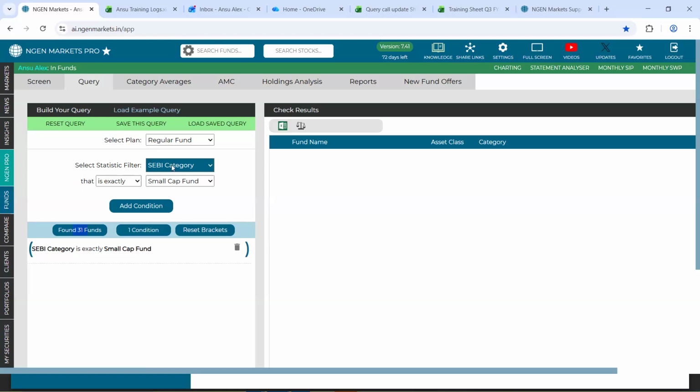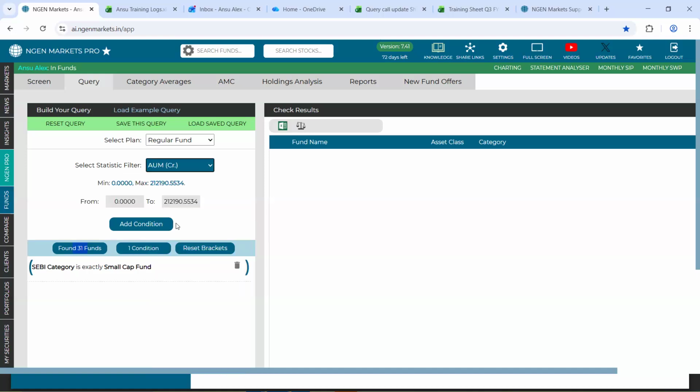Post that, let's say I input an AUM range, ranging from 5,000 to, let's say, 70,000. Now, this feature, a from-to range, was not available in the screener. In the screener, you had the option to input just a minimum range.